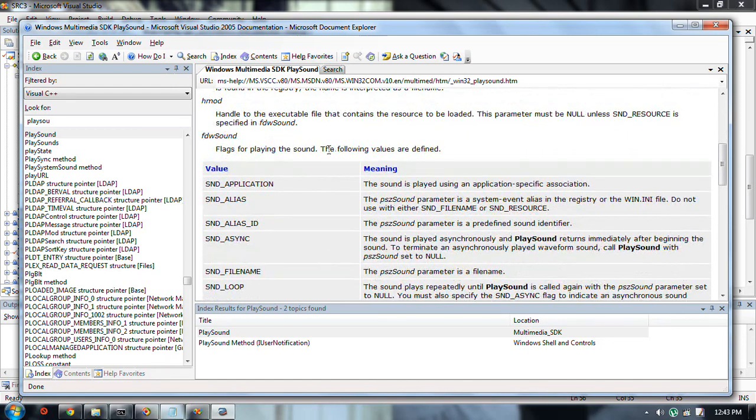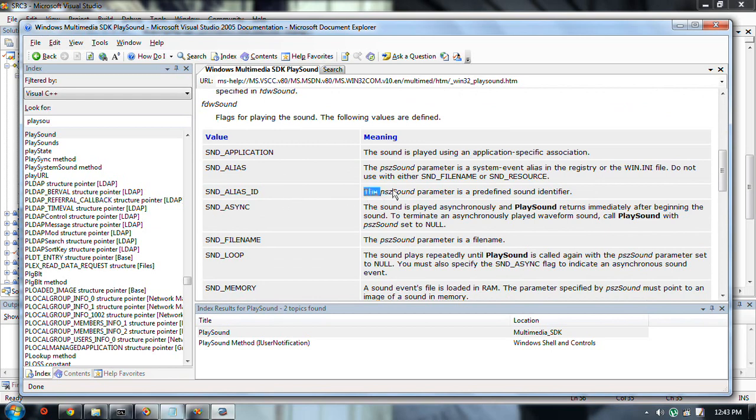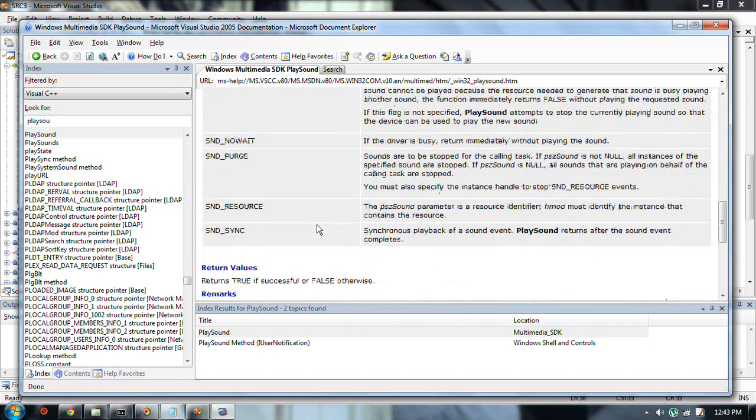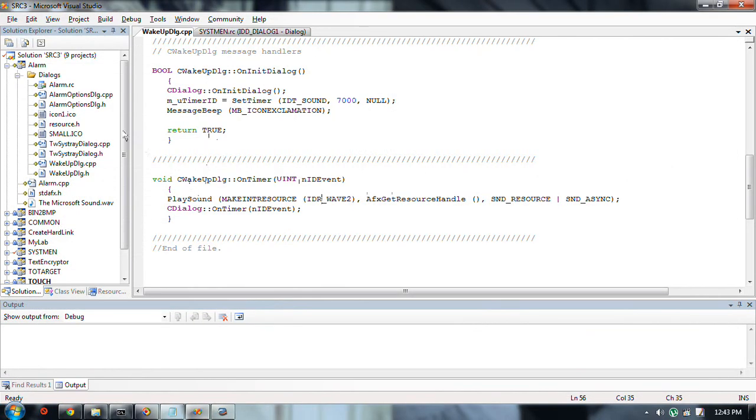Okay, so now it knows it's a resource ID, not alias, not async. Where's resource gone? The parameter is a resource identifier. Okay, well, the program itself